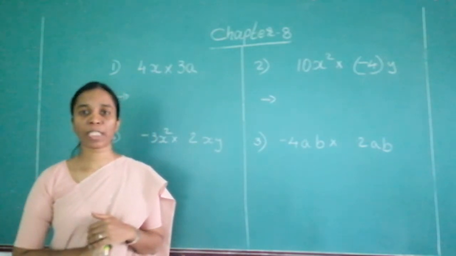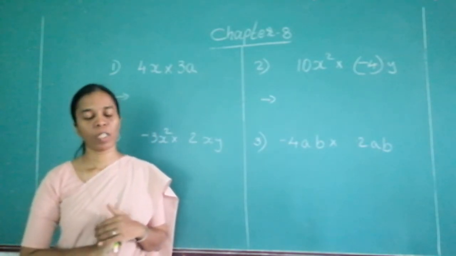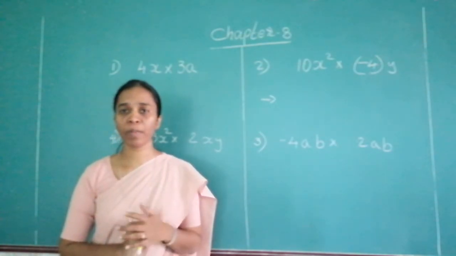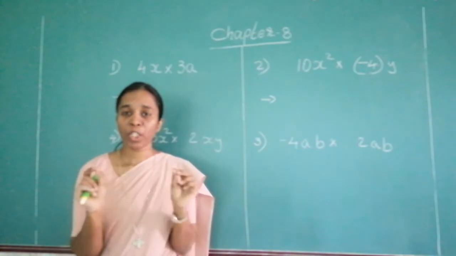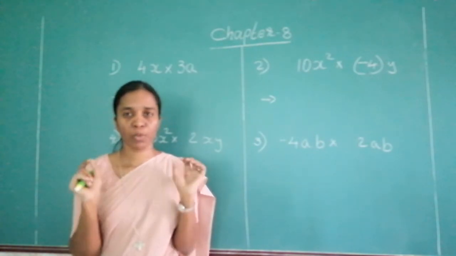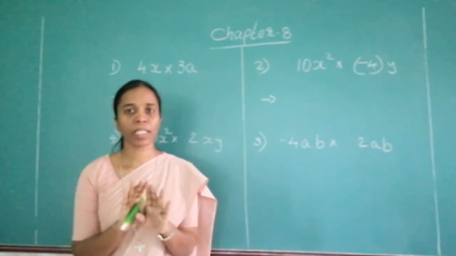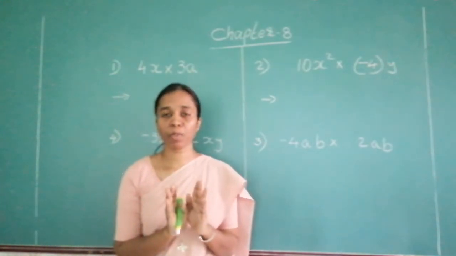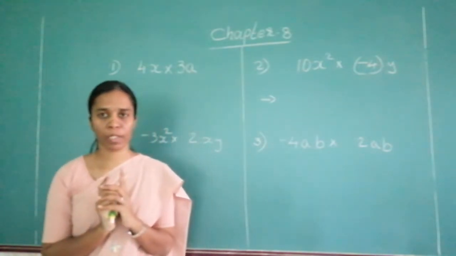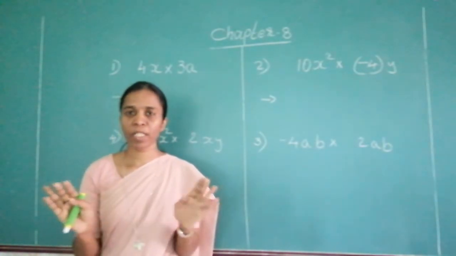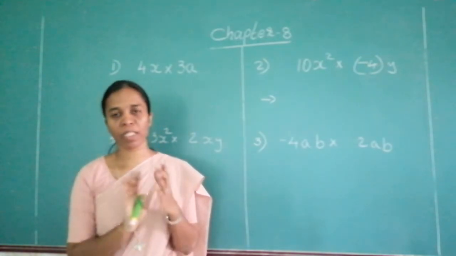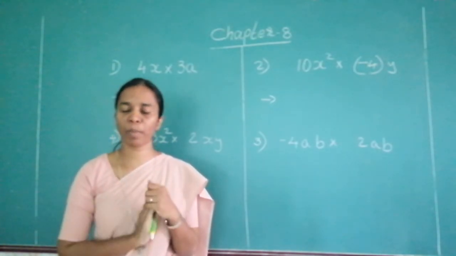Today we are going to see multiplication of monomials, binomials, or monomial with binomial. There is nothing like terms over here. In multiplication there is nothing like terms. So you have to take care of like terms only in addition and subtraction. In multiplication, there is no like term. Whatever is given to you, you can do it. Whether it is like term, unlike term, you can multiply.